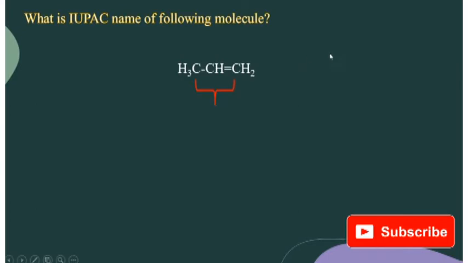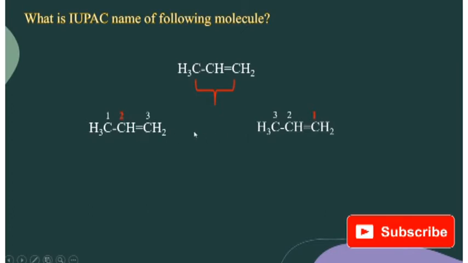So what we have done? First we have seen the longest carbon chain. Now the second point is we have to number that molecule. There are two possibilities we can number this molecule. I can give the first number to this CH3, then second to this CH, and then CH2. See, I have marked the second carbon in red. Why? Because this is the functional group carbon. In the second case, this CH2 has the first position, CH second, and third is CH3. So there are two possibilities.